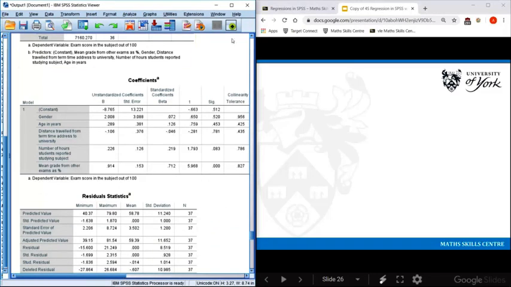Right, so here's our B values here. And the equation is going to be something like our Y value, which is the exam grade. That's the thing we're trying to predict. That's going to equal this value here, so 2.008 times gender,